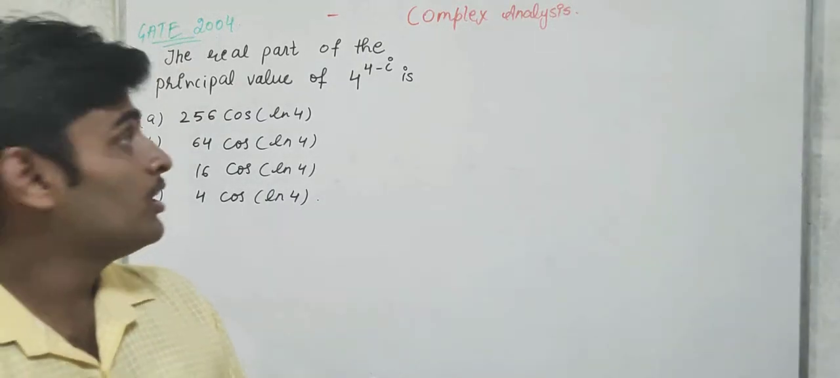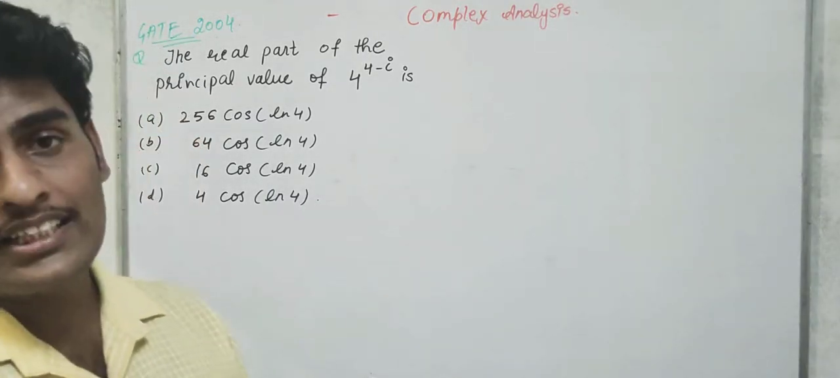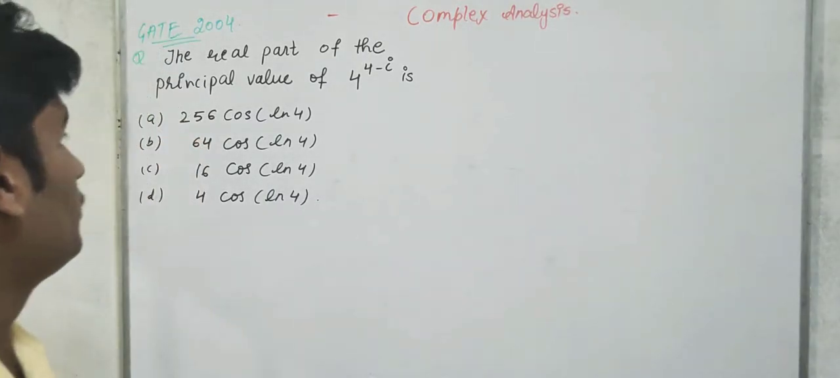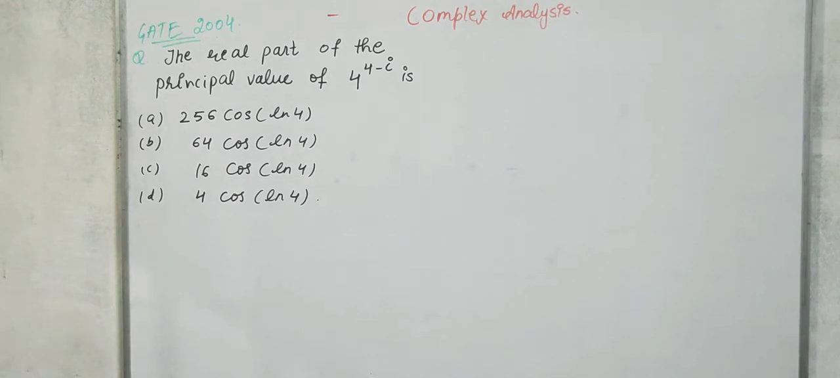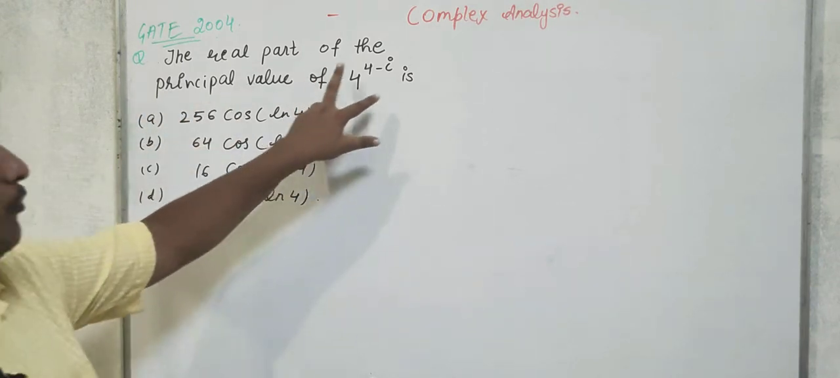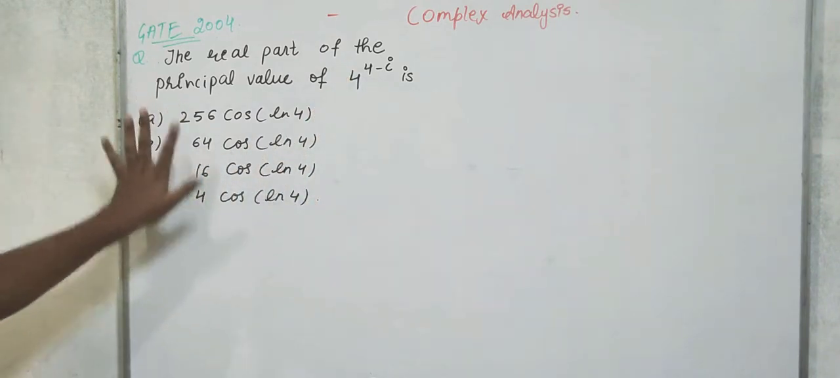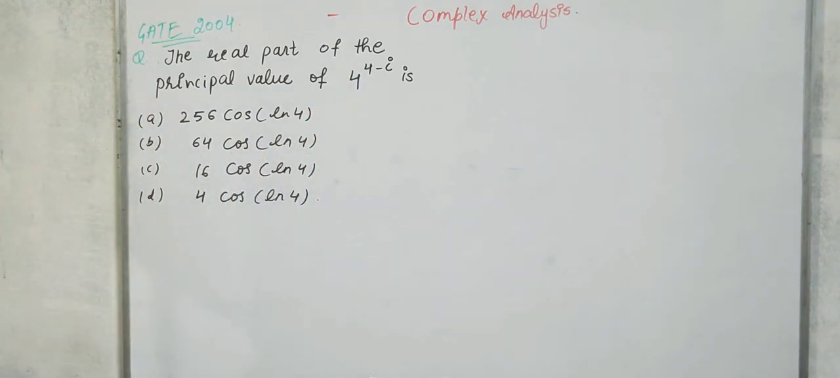प्रवीण कुमार। आज हम डिस्कस करेंगे कॉम्प्लेक्स एनालिसिस की कुछ इंपॉर्टेंट प्रॉब्लम। द फर्स्ट प्रॉब्लम इज फ्रॉम गेट 2004। व्हाट इज द स्टेटमेंट ऑफ क्वेश्चन? द रियल पार्ट ऑफ द प्रिंसिपल वैल्यू ऑफ दिस कॉम्प्लेक्स नंबर इज, ये हमें 4 ऑप्शन गिवन हैं।